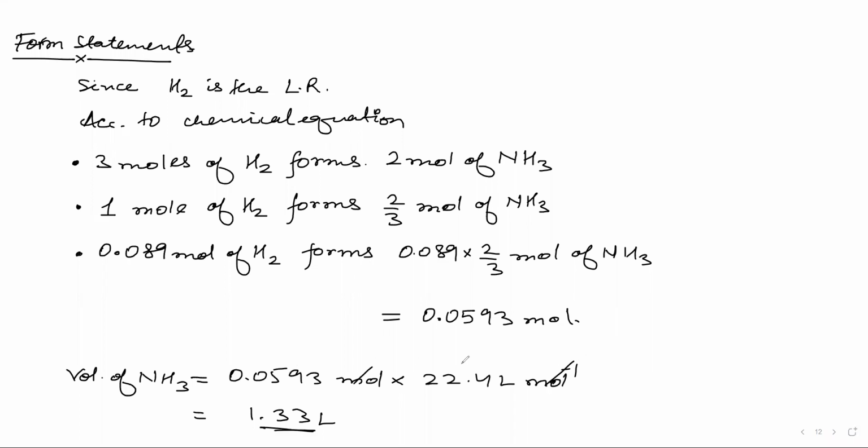You can also calculate the mass. You just multiply this mole to the molar mass of NH3, which is equal to 17. Then you can also give the mass. Okay. So if you have moles, now you understand the power of mole. If you have the number of moles, you can go anywhere to the number of particles, the volume, the mass. Okay. So please note this down if you have not done till now.